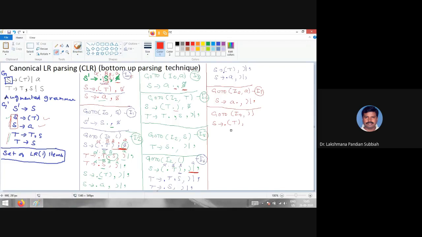So you move past your close bracket, and the dot is moved to after that one, right? Then comma, here we are having dollar only, right? Here there is no further expansion. So you close it, and put the dollar after properly.